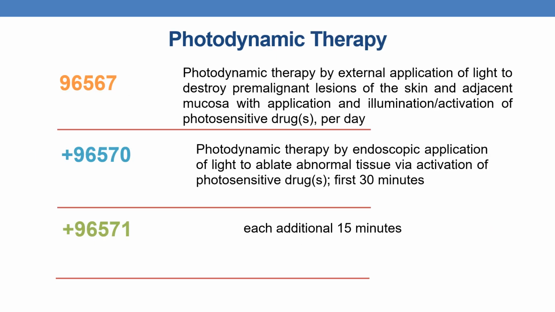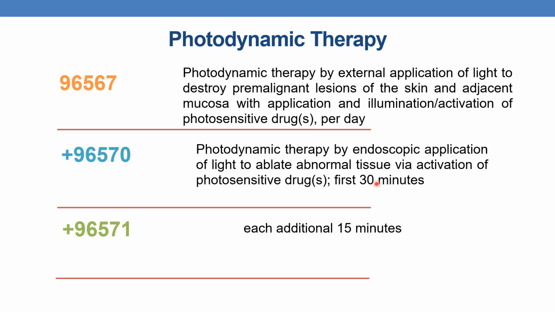Coming to the CPTs. The first CPT is 96567. Photodynamic therapy by external application of light to destroy pre-malignant lesions of skin and adjacent mucosa with application and illumination or activation of photosensitive drug per day. The next CPT is an add-on code, plus 96570. Photodynamic therapy by endoscopic application of light to ablate abnormal tissue via activation of photosensitive drug, first